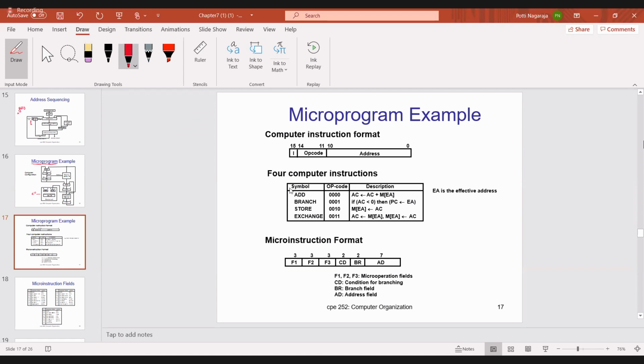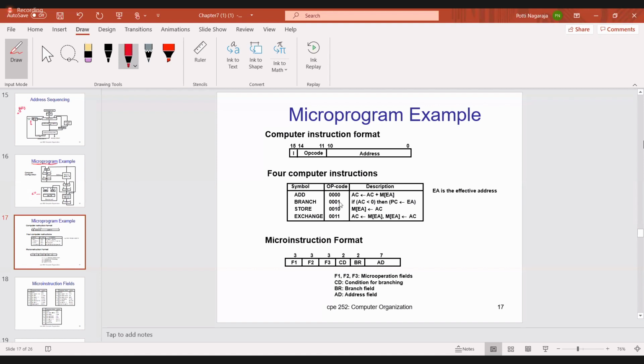Okay. And here I am giving only a few instructions. If the opcode is 4 zeros, what is the operation that I am executing? Add. That is nothing but addition. So how are we doing that? Accumulator plus effective address operand. Whatever operand is present in the memory, which is pointed to by the effective address, add it with accumulator and store that value in accumulator.